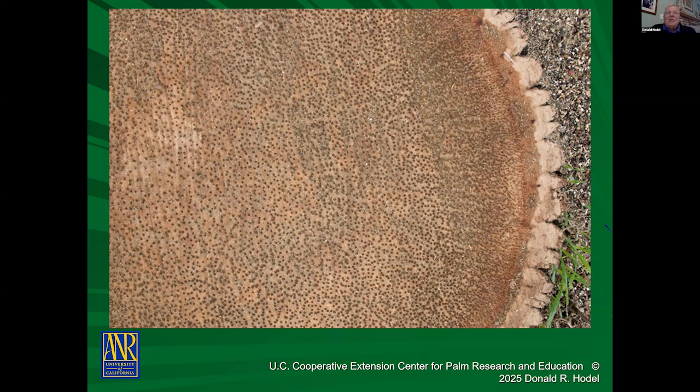Palm trunks are very strong. They rarely break in the wind. They're more likely to be uprooted than they are to have the trunk broken, at least if they're healthy. But as we'll see in a little bit, they can break when they aren't healthy, when there's disease involved.